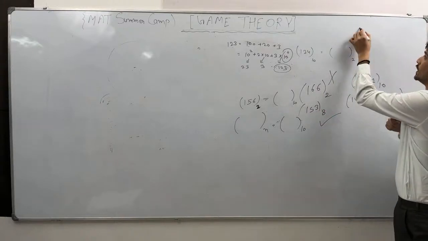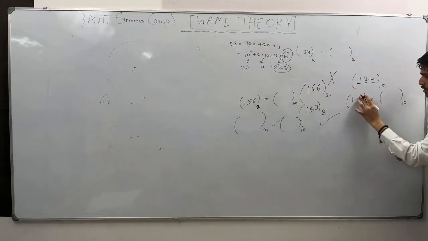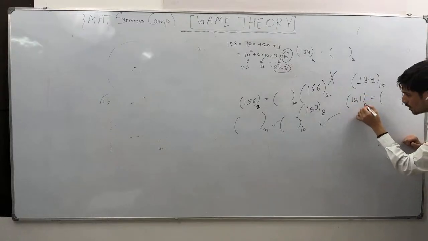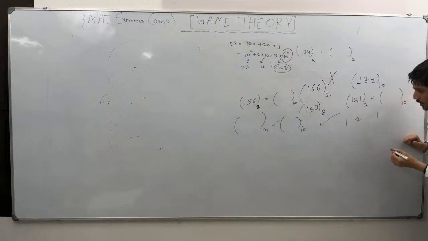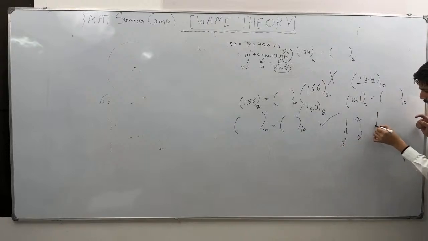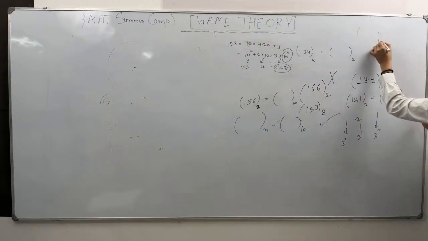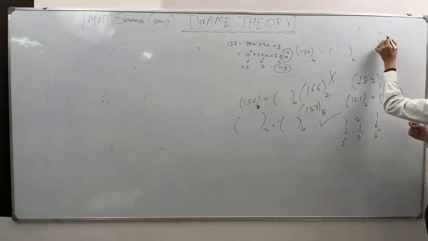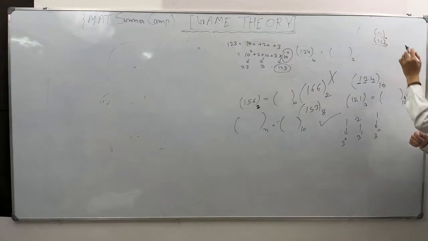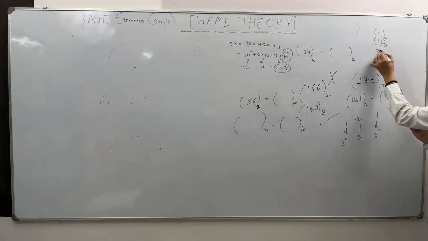Simple. You see, here I can take, let's say, 121. First of all, I'll write 121. I multiply 3 power 0 with the last digit, then 3 power 1 and 3 power 2. Why am I teaching this? Because when you add 11 plus 11, you can simply add, right? Because the base is 10. So 11 plus 11, I can say 22.